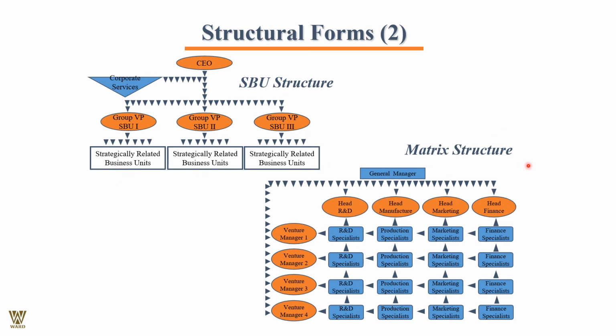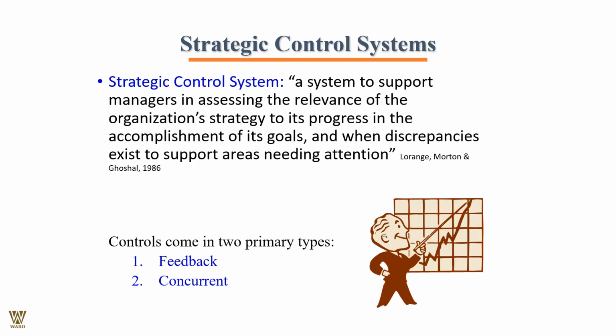Or better is a matrix structure. This is a bit complicated, definitely as far as implementation and execution is concerned. Now we have the general managers, and then we have the venue managers, maybe the strategic business unit, maybe Australia, America, Asia, Africa, as the case might be, and the R&D specialists, the production specialist, or the marketing specialist, or the financial specialist, as the case might be. Everybody is reporting to at least two bosses. In a matrix organization, it might be more than two also, as the case stands. So this is what you need to understand.